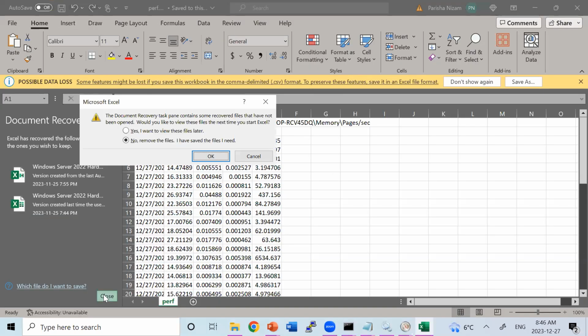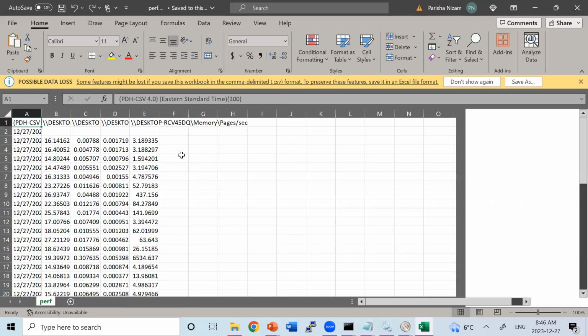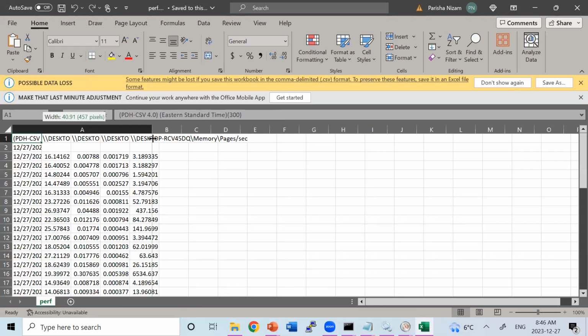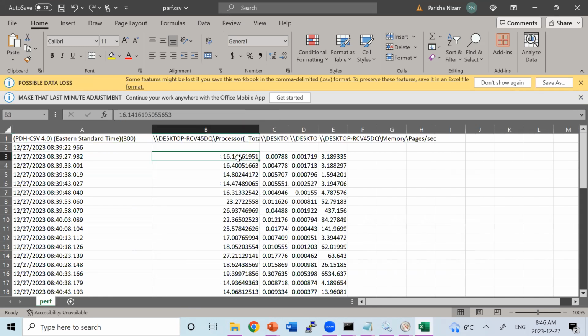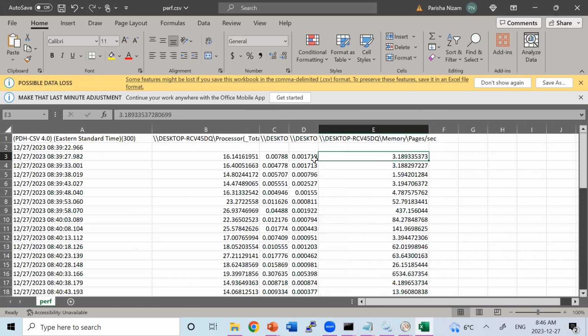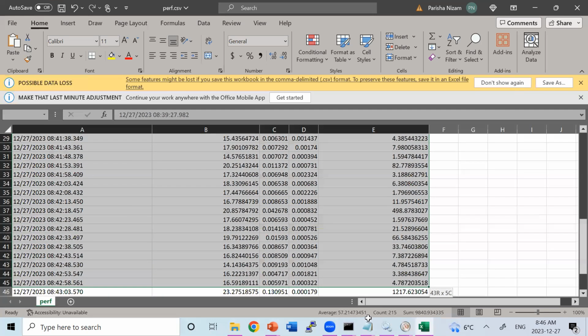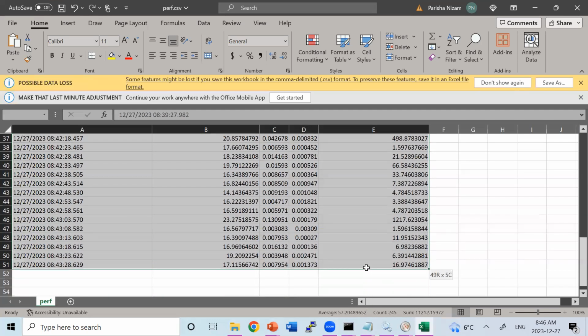So let me open it and see what happened. These are the different data samples it collected. Look here, this is my processor time, disk time, and memory time. These are the different types of samples it created for us. And if you want to make it graphical, let's say I want to create a report for my management, I go to